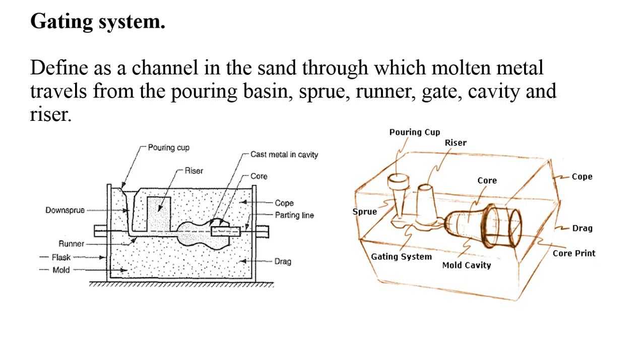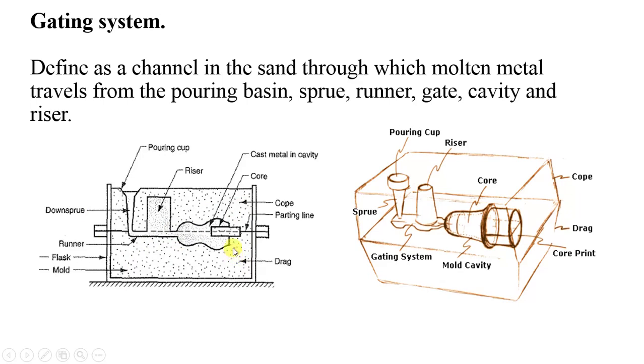Hi, so let us see today a gating system. So what exactly is a gating system? You have the figure here. So you can see towards one side it is a 3D view, towards another side it is a 2D view. There are two halves. One half is called cope, another is called as a drag.